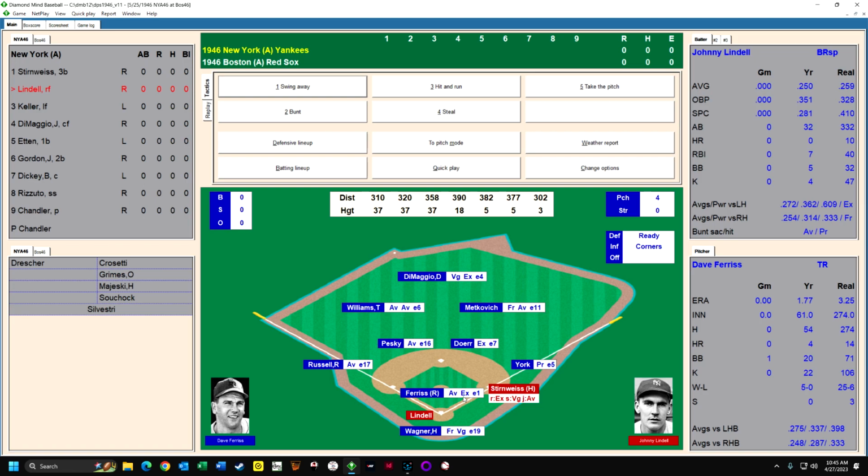But you've got Ferris, who is average in terms of his range, but at holding the runner, he's excellent. He has an error rating of 1. The smaller, the better. And Hal Wagner is very good at throwing out runners. The FR stands for fair, is his defensive capabilities. He does have a rather high error rating, but this is too much to run on with excellent hold and